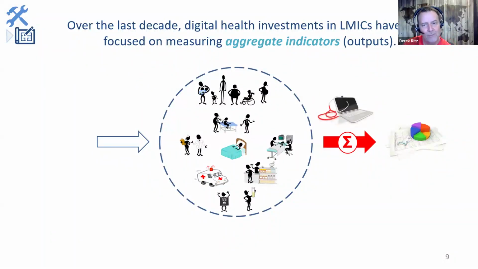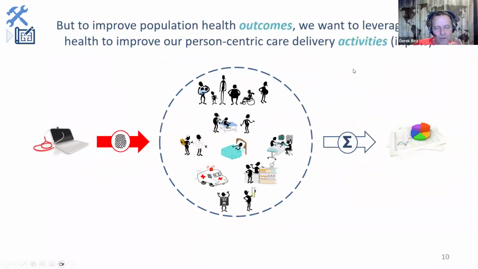And so investments in digital health were made in collecting statistics in these low and middle income countries that have such a heavy burden of disease. And I was an advisor for 8 years to the US government's PEPFAR program, the President's Emergency Plan for AIDS Relief. And I was like John the Baptist, a voice in the wilderness, because they were heavily investing in the collection of statistics because they had to report to Congress every year so they could get another $7 billion to be spread across the 53 PEPFAR countries. And I was telling them that what in fact they should be doing is focusing on the front end,